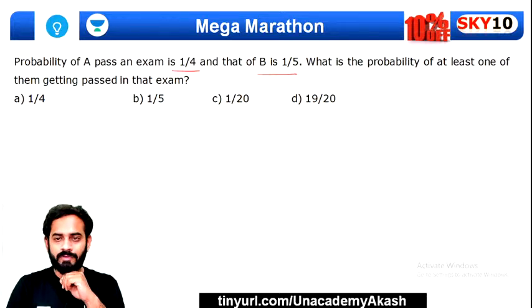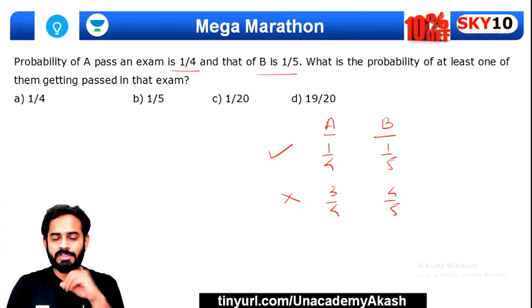Now, what is the probability of at least one of them getting passed? So let's say A and B are there. Actually, I'm just about to end this session. What is the probability of at least one of them getting passed in that exam? A has probability 1 by 4, B has 1 by 5. And the probability of failing is 3 by 4 and 4 by 5, right? This is the last question which we are going to do now. Then we'll end the session. Now we'll find the probability in which both of them failed. So if you multiply this,